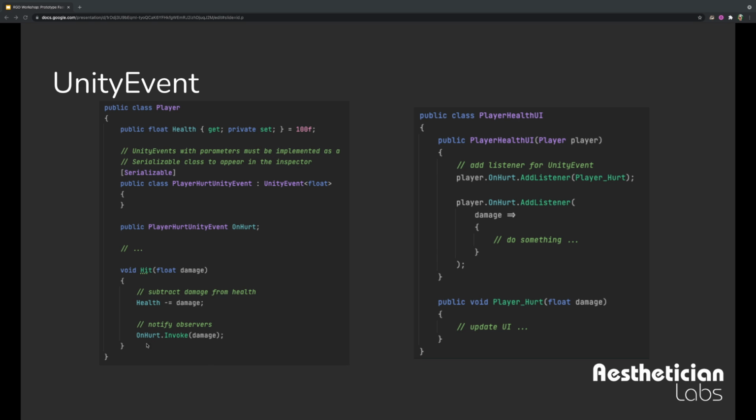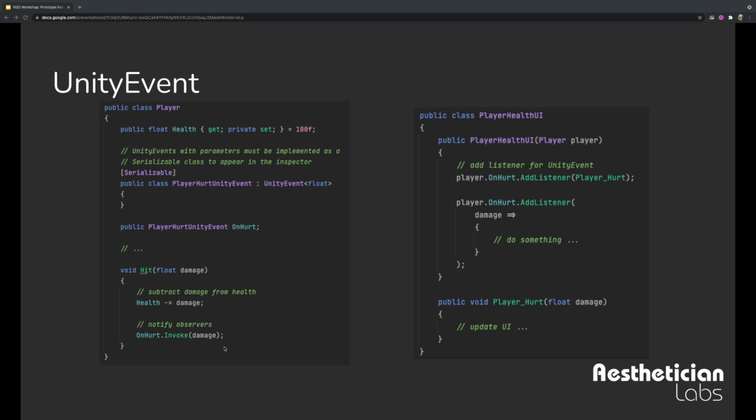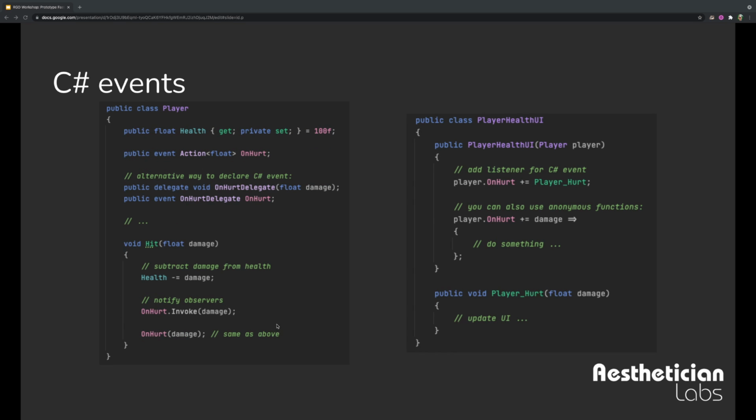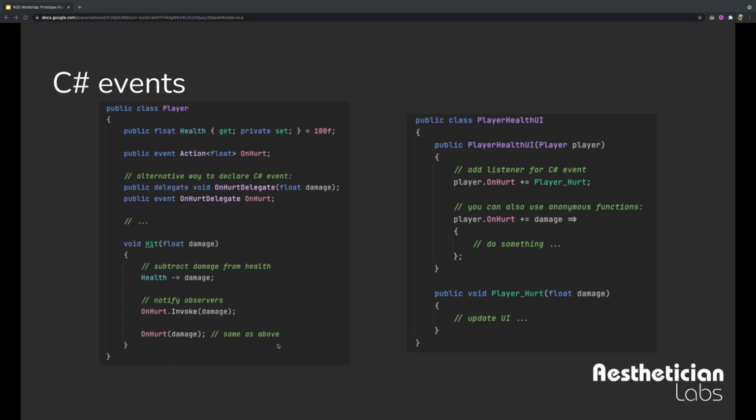Now, interestingly, you do have to call invoke. Unity doesn't implement the direct invocation here, so you do have to call invoke. Often I'll use invoke for both because then it's easier to switch out. If I switch from a C# event to a Unity event, all my calls don't break, because both provide the invoke API. It's the exact same under the hood, whichever you call.